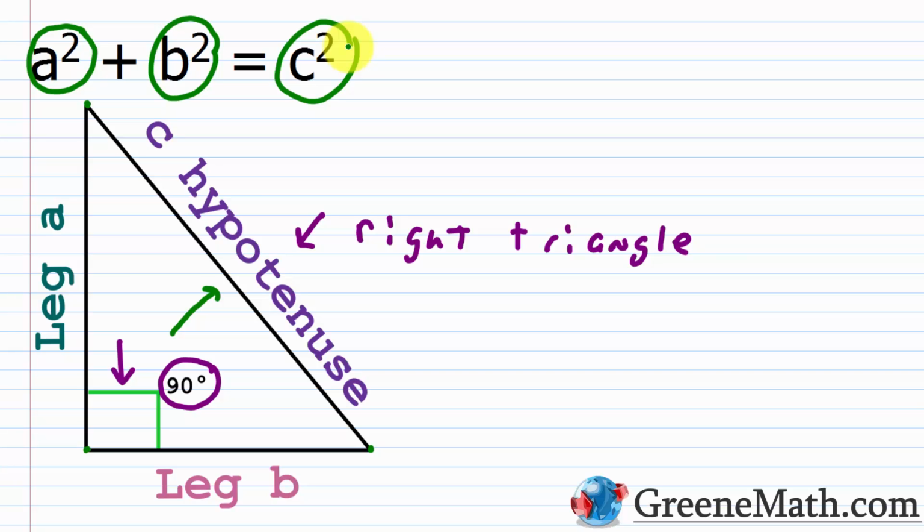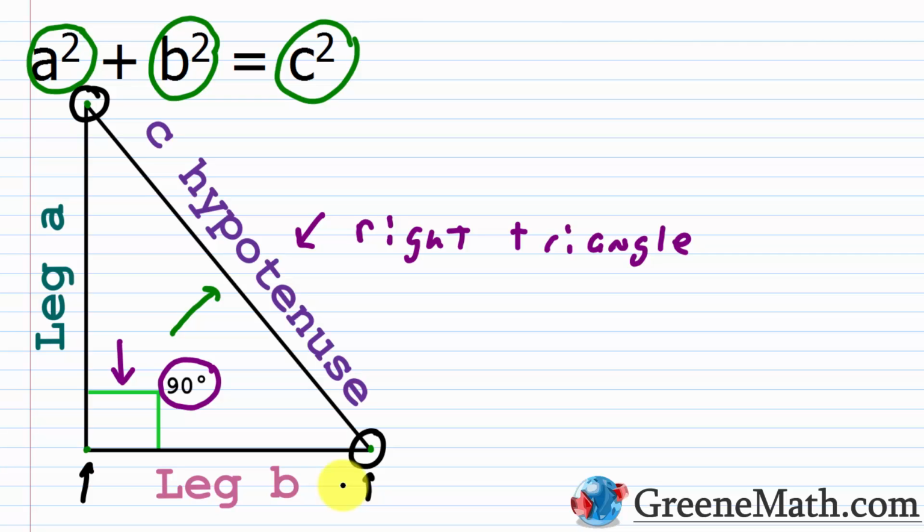So how can we use this to basically find out the distance between 2 points on a coordinate plane? Well, what's going to end up happening is if you know 2 of the sides, you can use this formula to find the 3rd side, or basically what's unknown. So let's say I had a point that was here and a point that was here. So what's going to happen is I'm going to be able to find the measure of leg B and the measure of leg A. The measure of leg B will just be a horizontal distance, so from here to here. Okay, so we're going to be looking at the x values for that,